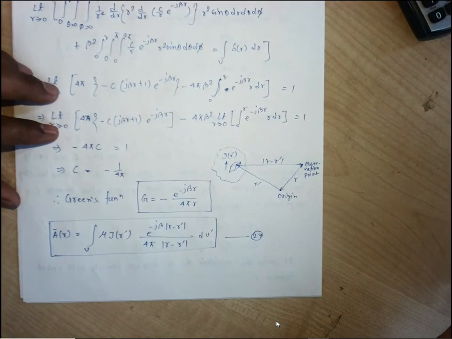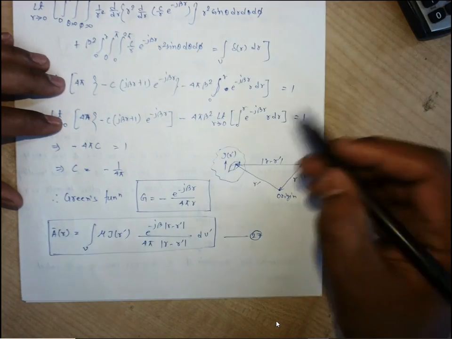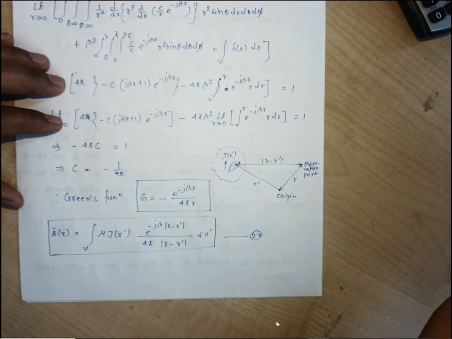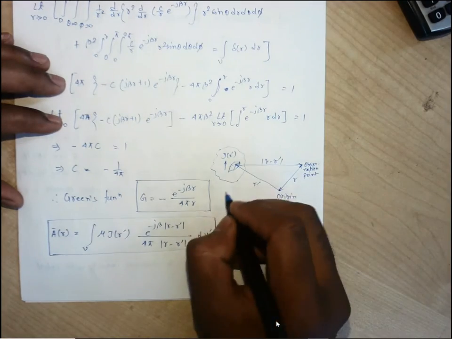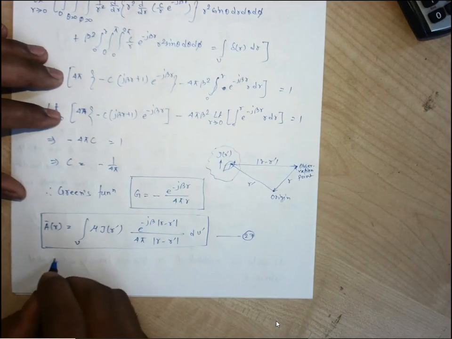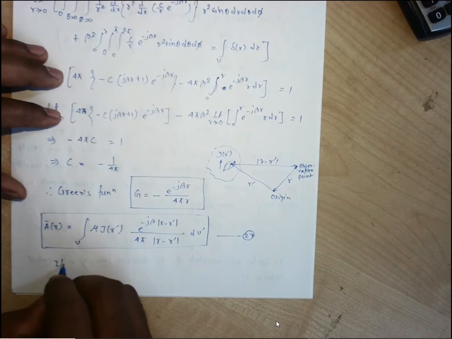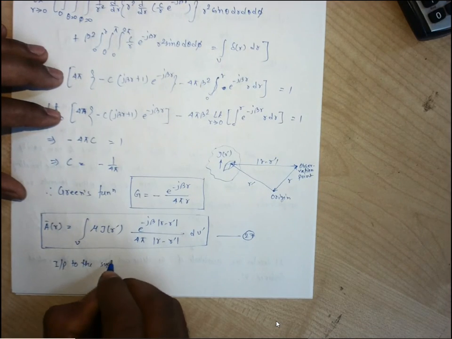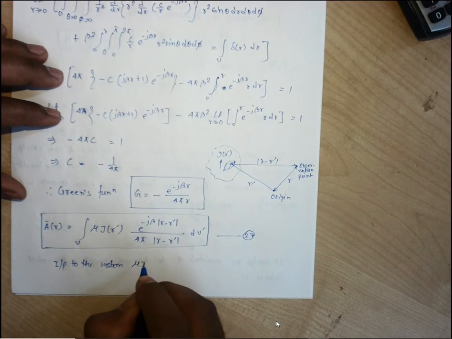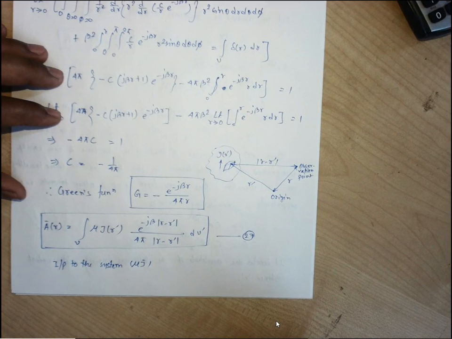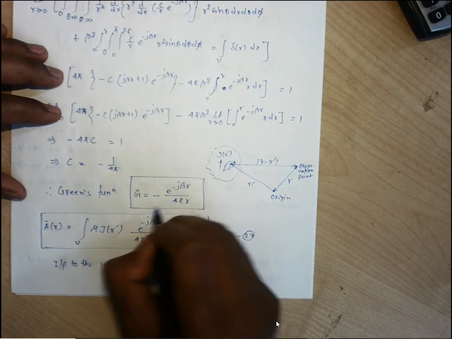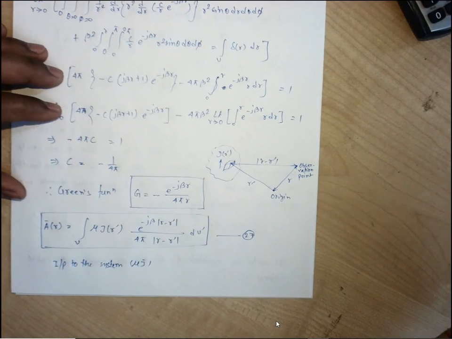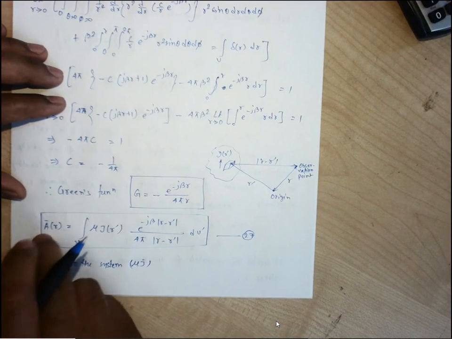So how do we get the output of a system which has been excited by an impulse input? We take the output as the convolution between the impulse response and the input of that system. So what is the input? Input to the system is mu J. It is a vector. Okay. And this is the impulse response. So we have taken the convolution between these two. That will result in our constant A.